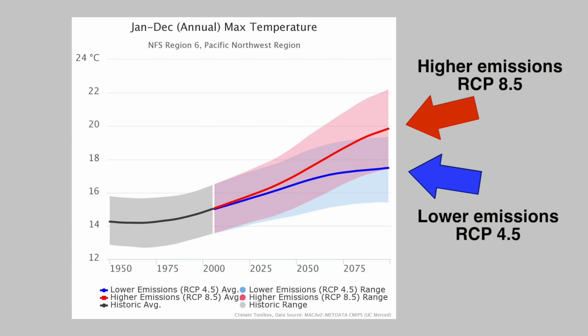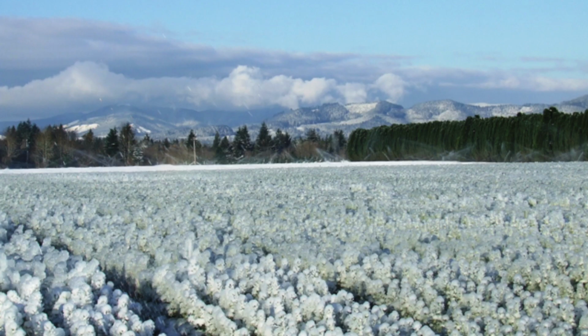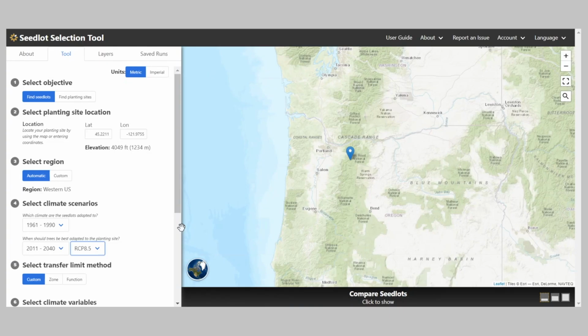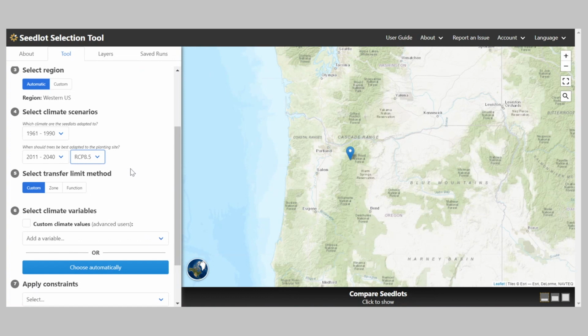If we don't plan for enough climate change, then we may end up with trees that are maladapted in the future. But one consideration when using this RCP 8.5 is to take care to not move seed sources too far from warm to cold climates, which could potentially end up with seedlings being damaged by cold early in their life because they're not adapted to the temperatures now, when those seedlings are planted. So using the seedlot selection tool helps to reduce the risk of cold damage by staying within a transfer limit, which is in the next step.